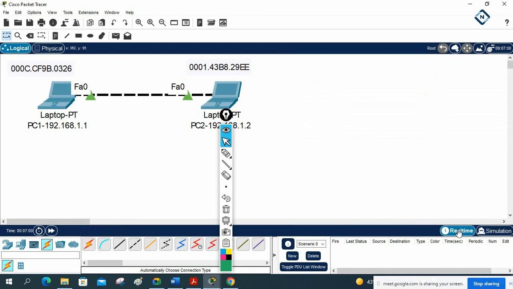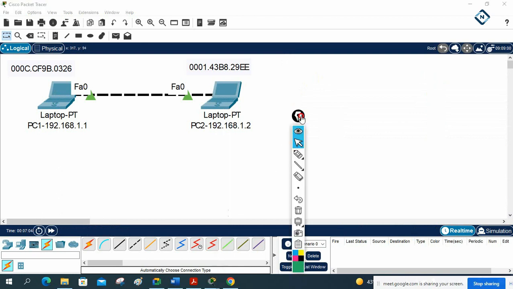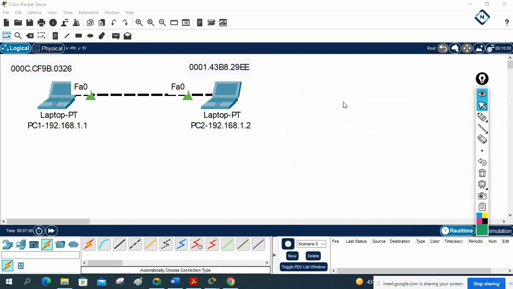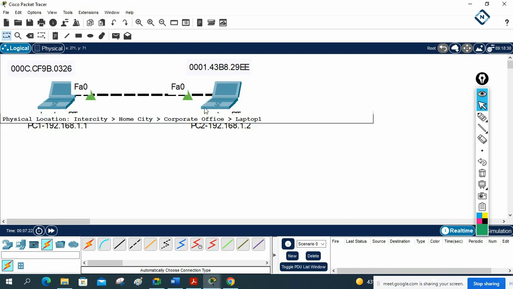So this is just ARP, Address Resolution Protocol, a protocol which is going to get the MAC address from the IP address, and we need the MAC address whenever we want to send any information. We need our MAC address, our computer IP, and the destination MAC address and destination computer IP. That's all. Okay, this is the basic lab for ARP with directly connected PCs. Now we are going to use the switch and we are going to learn the